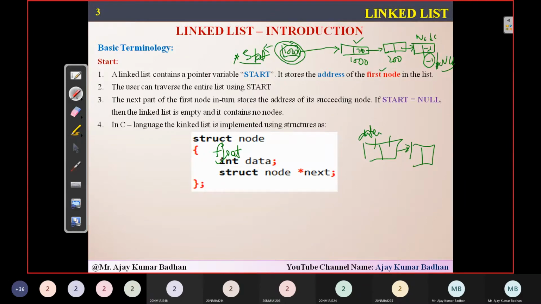The next block consists of the address of the new node that is created, and that is represented by a pointer variable. In this case, this is star next. So here the next will point to the address of the next node. Suppose it is 200, then star next will contain the value 200, pointing to this. And if it is 500 in this node, it is pointing to another node whose address is 500, and in this we have another data. And finally -1, indicating that there are no further nodes present. So please do remember this.